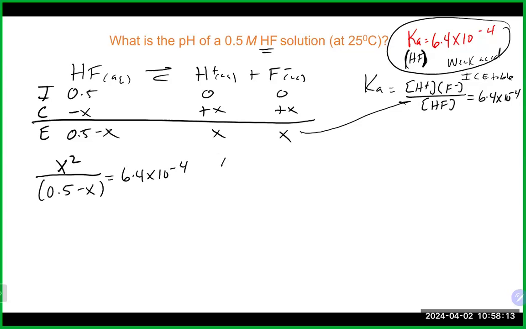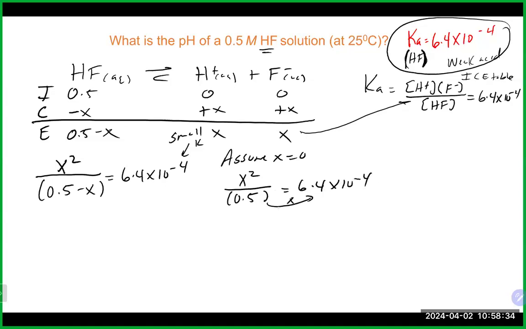I'm going to assume that x is equal to 0, as that is a small value of Ka, so we can try our assumption here and see if it works. If I do that, that will reduce this down to x squared divided by 0.5 is equal to 6.4 times 10 to the minus 4. I'm going to multiply that to the other side, then I'm going to square root it. 0.5 times 6.4 to the minus 4, that's going to give me basically x squared is equal to 0.00032. Take the square root of both sides. Going to give us an x value of